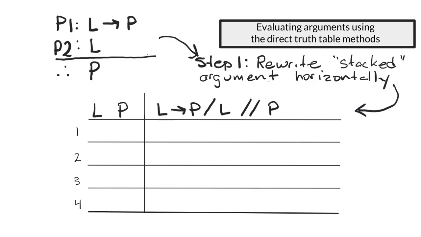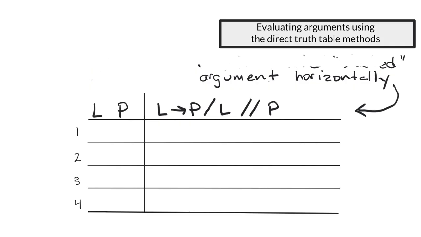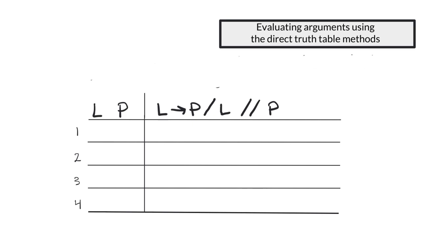Now that we've got our argument laid out horizontally, we don't need the stacked version anymore. So let's just get rid of that, getting us ready to move to step two. But just to keep things clear, since we're still learning, this is premise one, if L then P. L is premise two, and P is our conclusion. You don't need to do that, but since we're just learning this, it might be helpful. Our next step is to